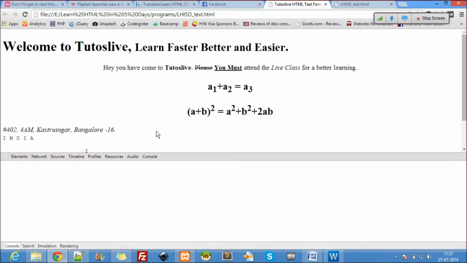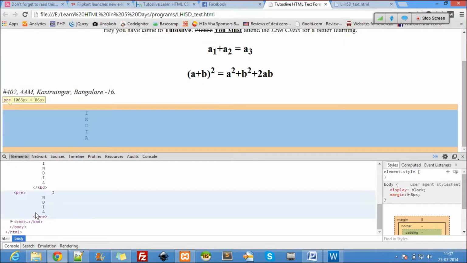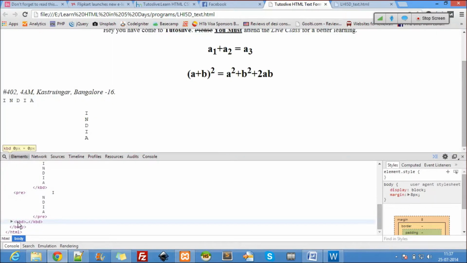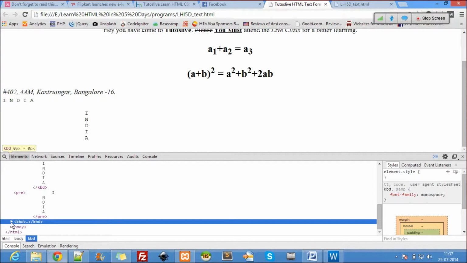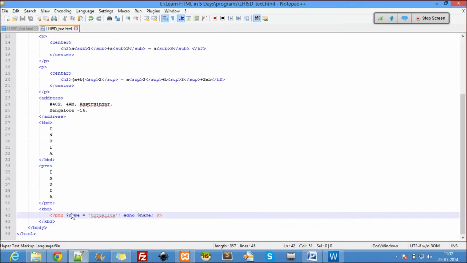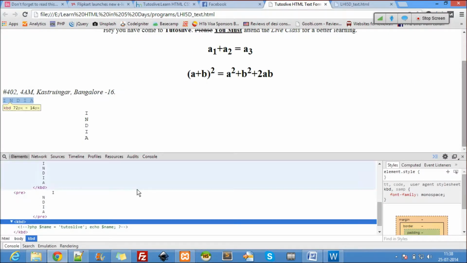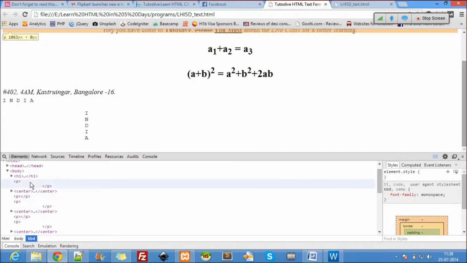Let me debug. What does it comment out? Okay, let me not use PHP, and there is a mistake.